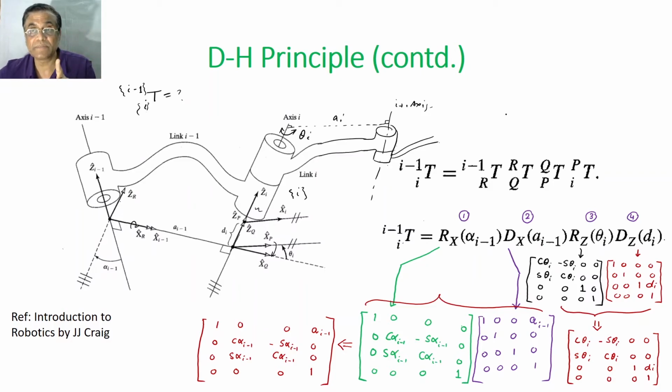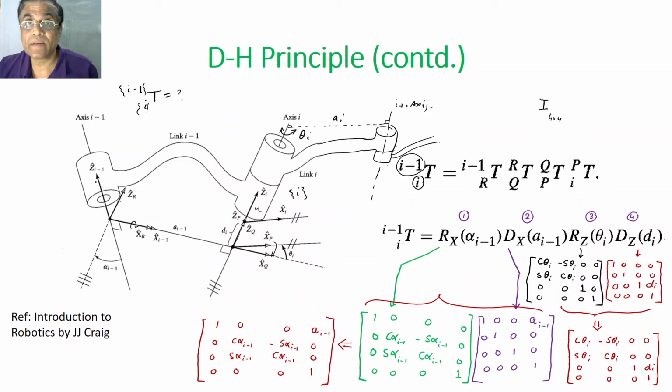A homogeneous coordinate transformation matrix has a rotation matrix inside, so they are order dependent. So how to figure out this? First, make I, which is a 4 cross 4 identity matrix. Okay, and then consider, because I am figuring out the ith coordinate frame position and orientation with respect to I minus 1,